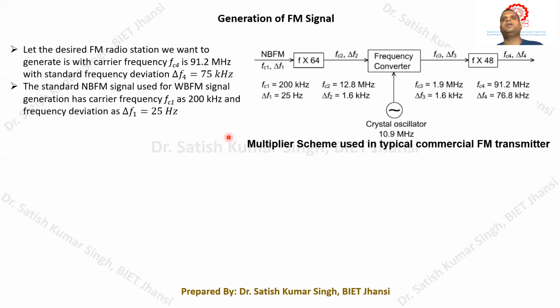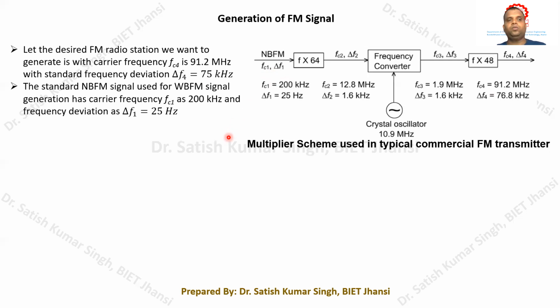So as we know, 20 hertz to 20 kilohertz is the typical range, but generally we do not send any information down to 20 hertz. Typically in commercial FM radio transmission, the minimum frequency that we expect is 50 hertz, not less than that. So generally 50 hertz or 100 hertz is typically the minimum frequency available in the message.